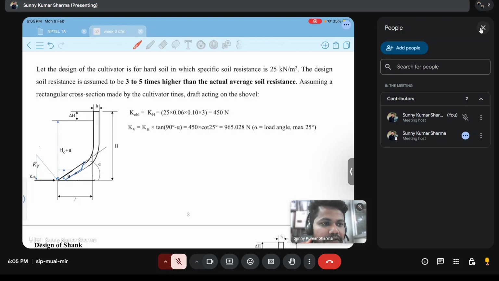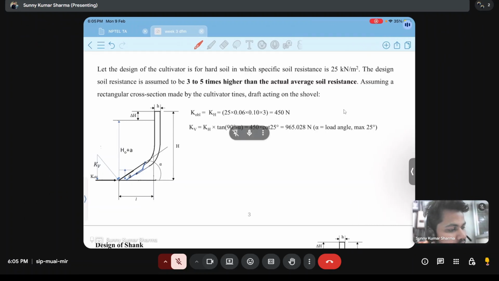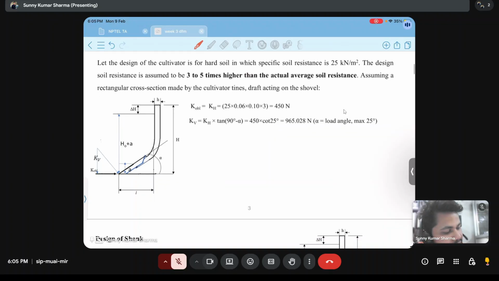Okay. After this, we will move further, and we will go for design of shank. For that, we need to know the total height of this shank. For that, we discussed that this height of shank